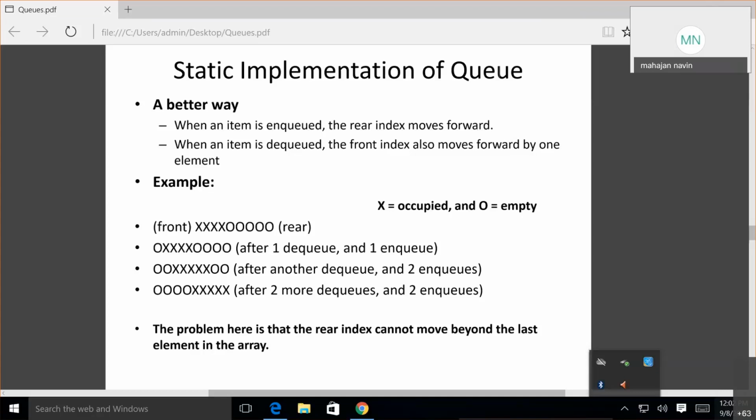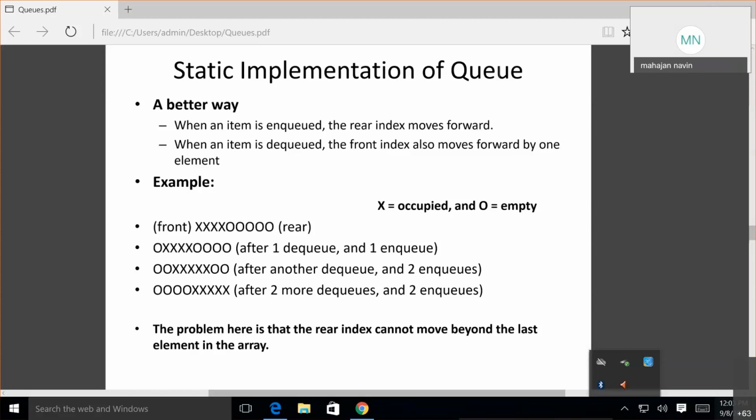Suppose there are some people standing here. If this one is removed, then the next comes here. 1, 2, 3. Okay, this is removed, this comes here, this comes here. And if this is removed, this comes here. Now physically you are moving them. Only there are 4 elements, it's okay. Go on.